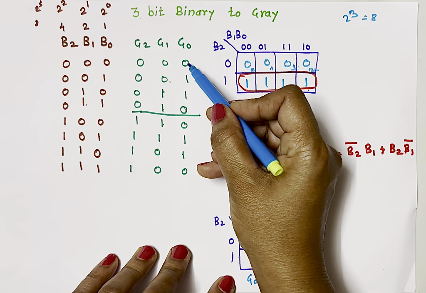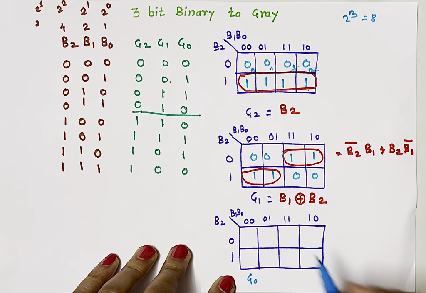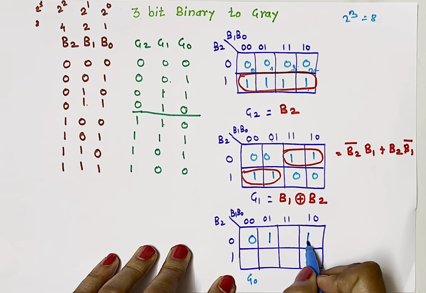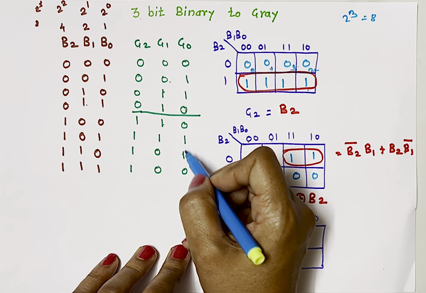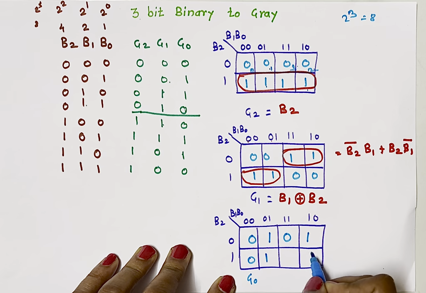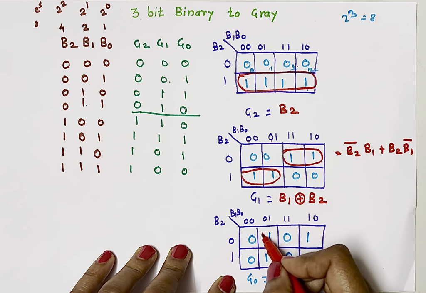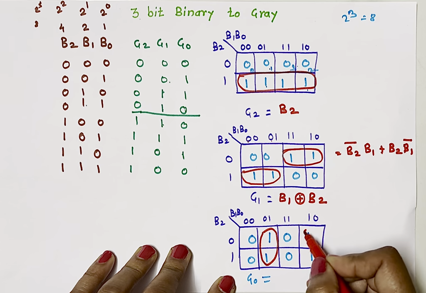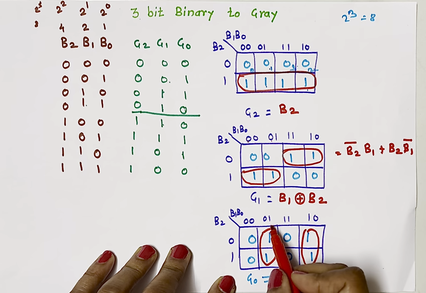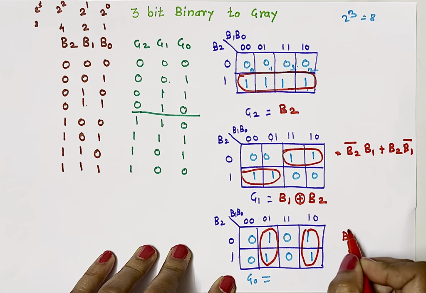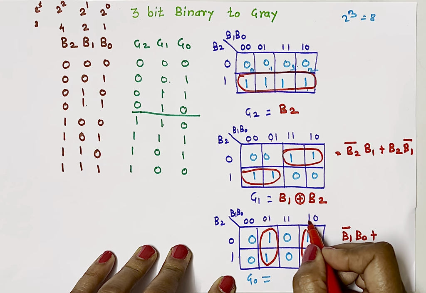Now let's find out the equation for G0. So here the values are 0, 1, 1, 0, 0, 1, 1, 0, and then again 0, 1, 1, 0, 0, 1, 1, 0. So here what we can do? We can make two pairs again. One pair and this is another pair. What is the equation here? B1 is 0. So B1 bar and B0 as it is, plus here B1